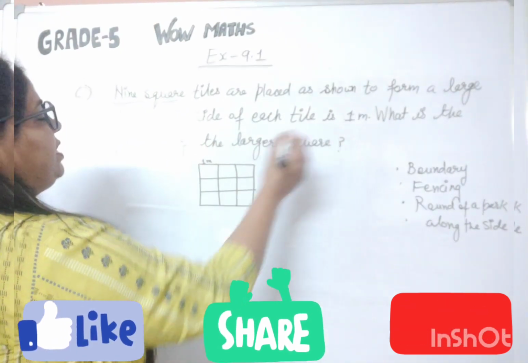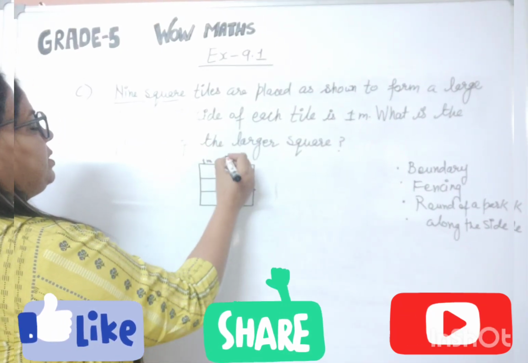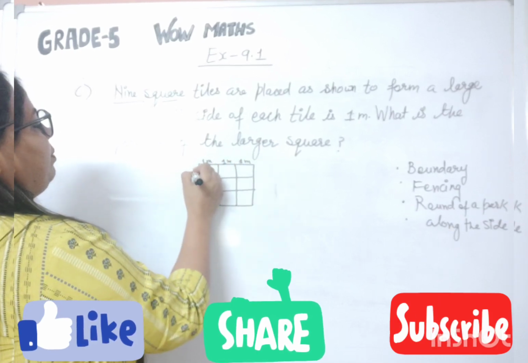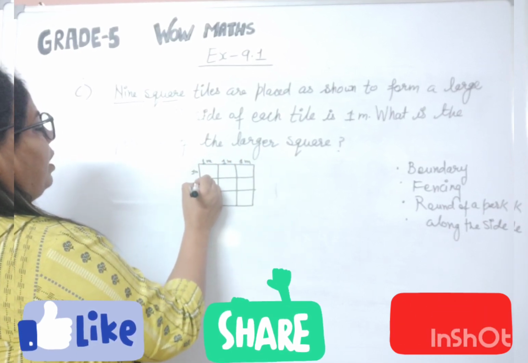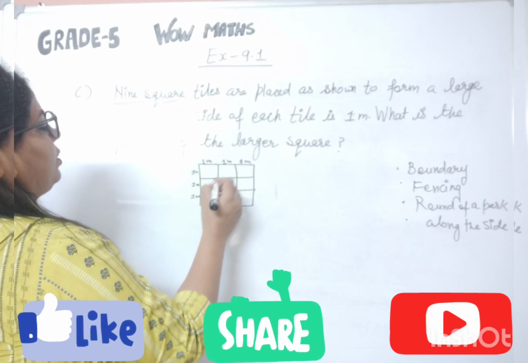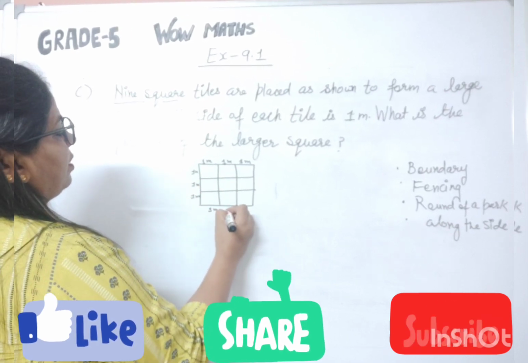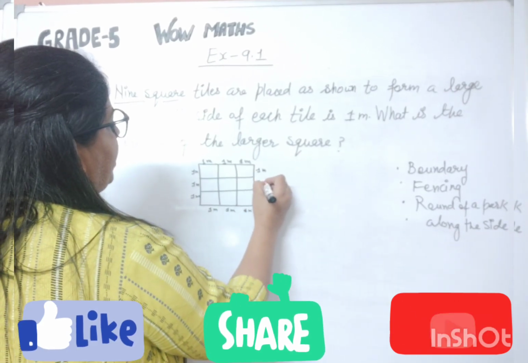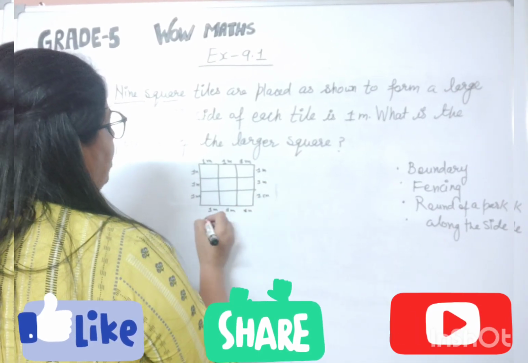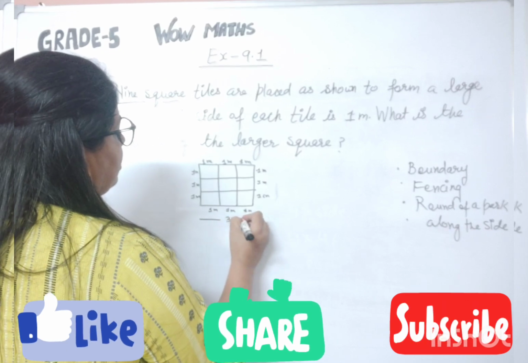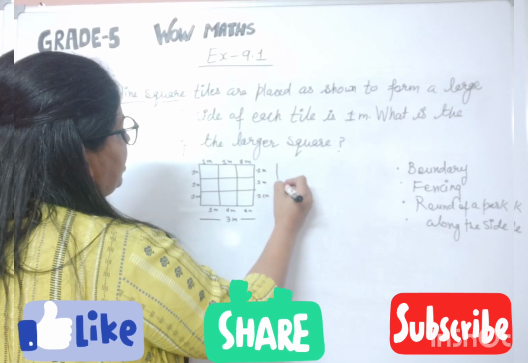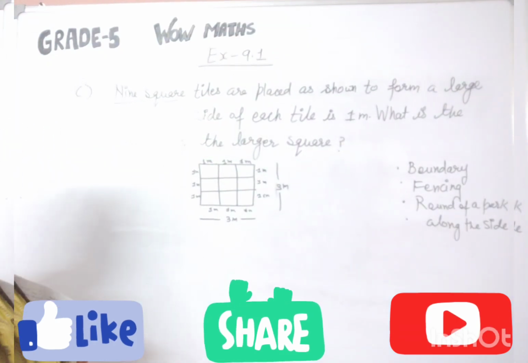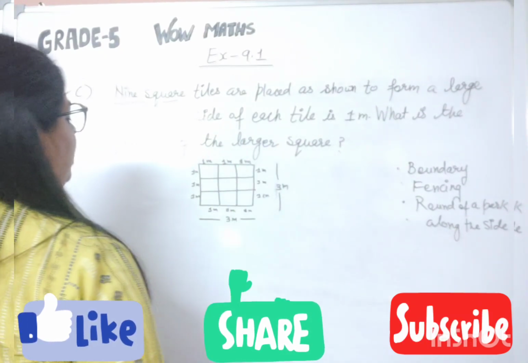So side of each tile is 1 meter. So अगर ये 1 meter है, हर एक side 1 meter की है, ठीक है. ये भी 1 meter की है, हर एक side 1 meter. So the total, if we are talking 1 मीटर 1 मीटर 1 मीटर, हर एक साइड जो है 1 मीटर की है. तो लार्जर स्क्वायर की कितनी हो गई टोटल साइड? 3 मीटर each. अगर एक साइड 3 है तो ये भी 3, ये भी 3, ये भी सभी 3 आ गई. So you need to find the perimeter of the larger square.